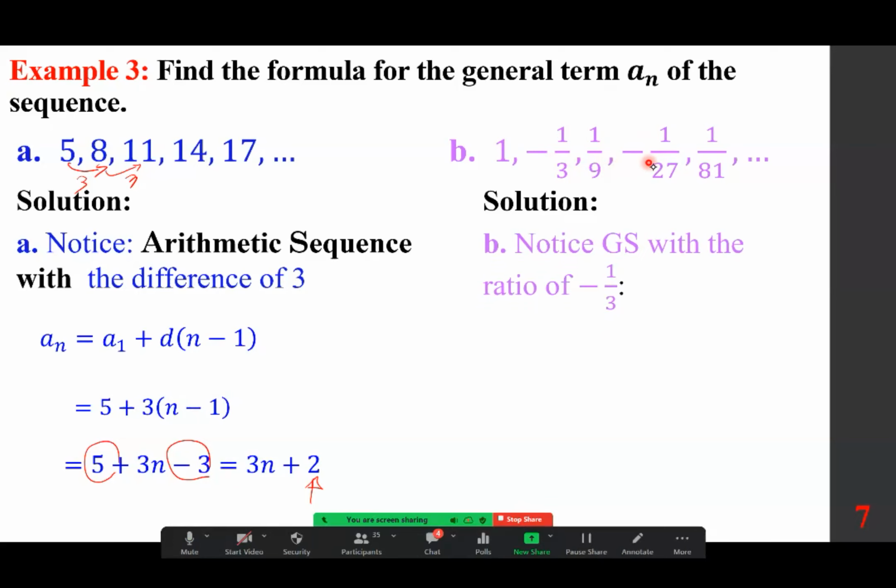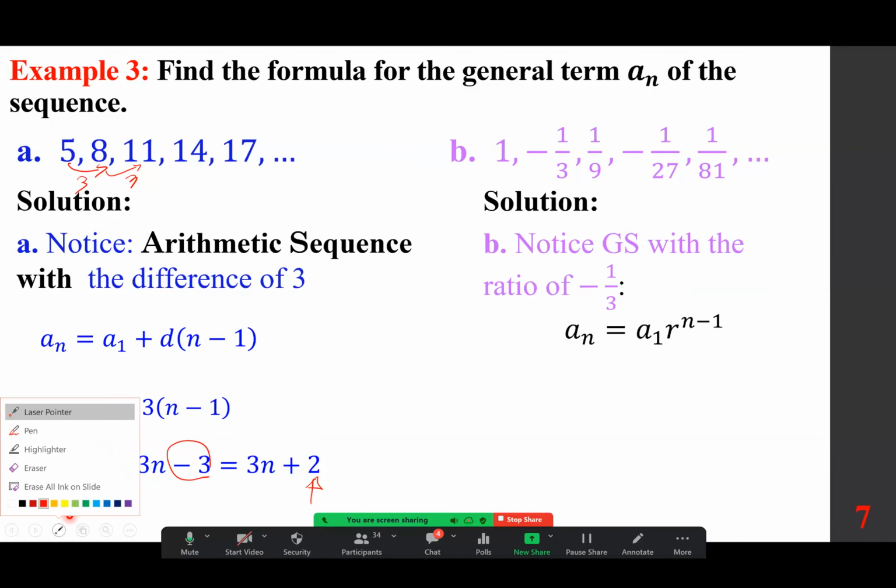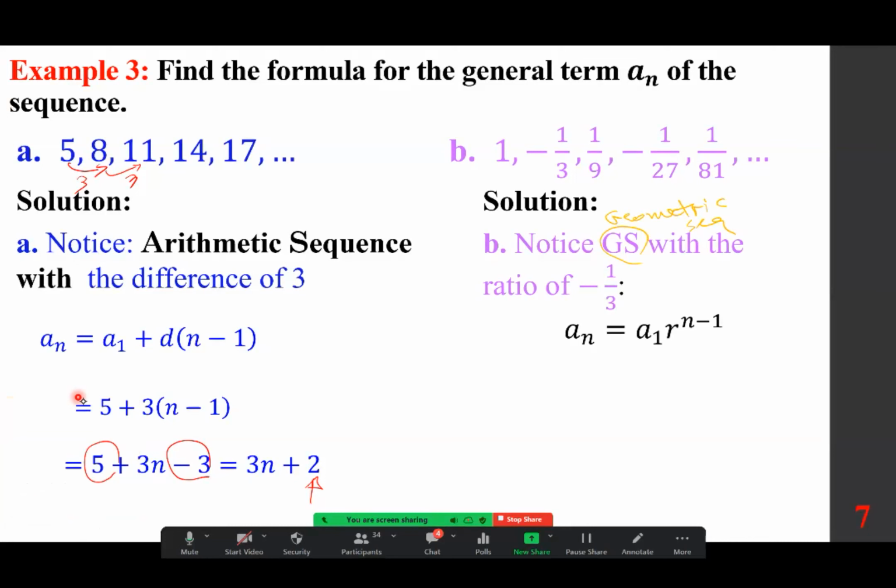And we go with the general format of a sub n equals a sub 1 r to the power of n minus 1 because it's a geometric sequence. GS, short for a geometric sequence. So we are going to use that again. Just want to make sure that we understand this is geometric. And so we write it as follows. We can write a sub 1 is 1, and then r is negative 1/3 to the power of n minus